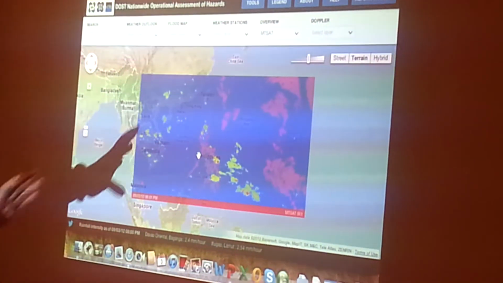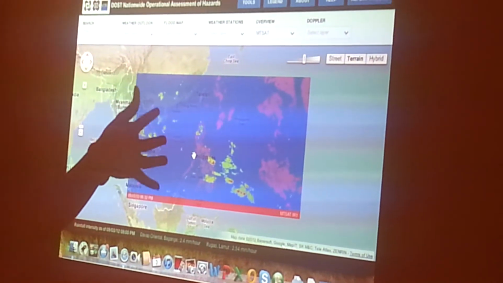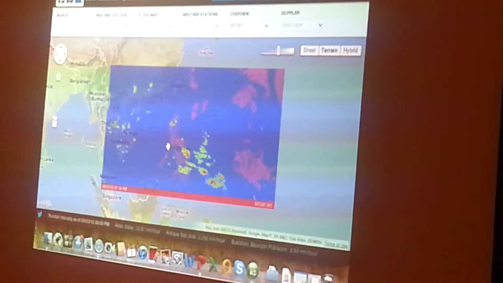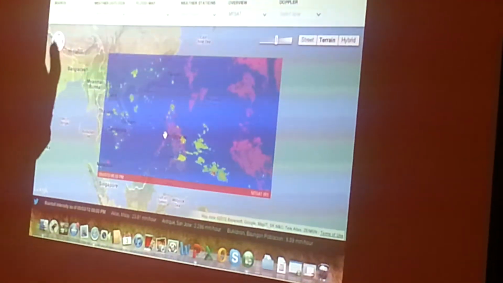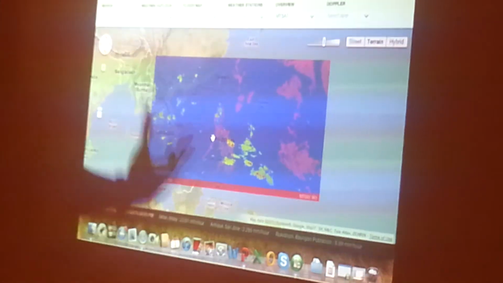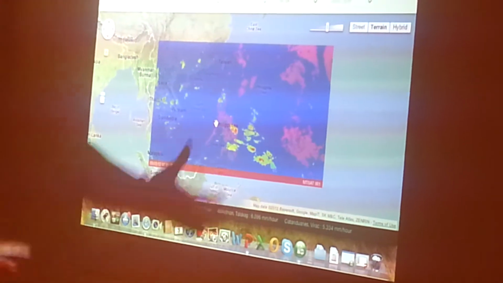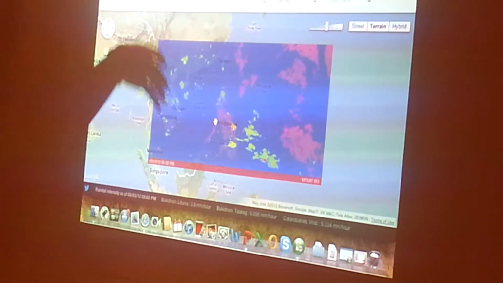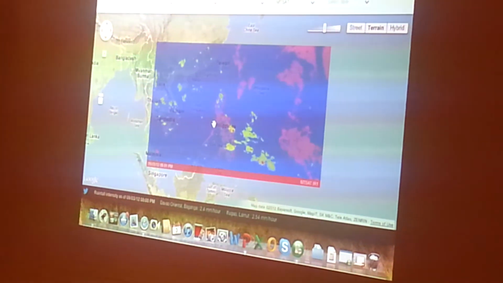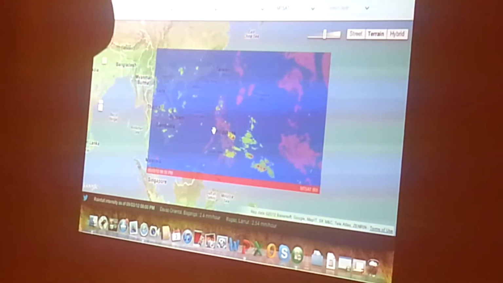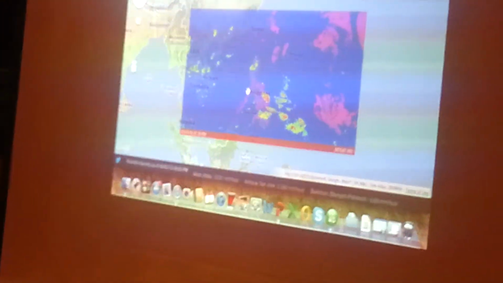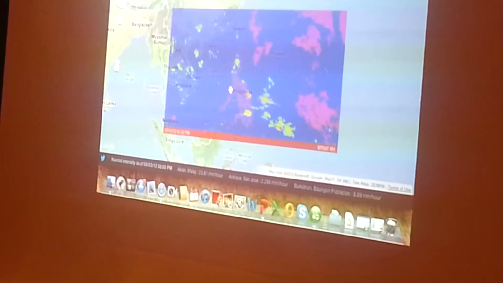We took off the other white parts, the other clouds, because what we want to emphasize here is information related to disasters. And since we're dealing with floods, we want to show information that will show the clouds with water. The extraneous information is not depicted anymore because it's really the clouds that bear water that will precipitate and deliver rains that will cause floods.